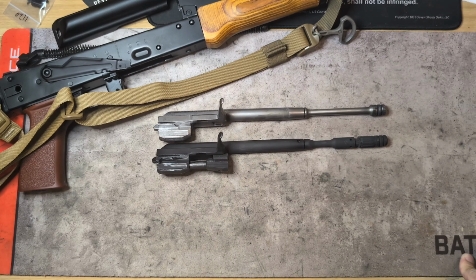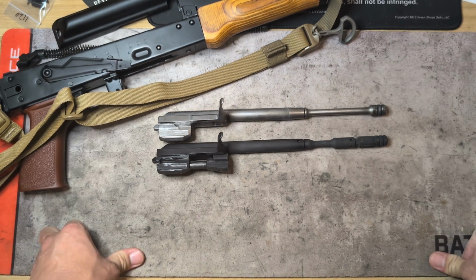That being said, the 4 or 5 other KNS pistons I've ordered in the past, because they do list all the different model numbers on there and what guns they're typically made for, I have never had a problem pre-ordering something without measuring it first. So this one was going to be a first for me. So the KNS